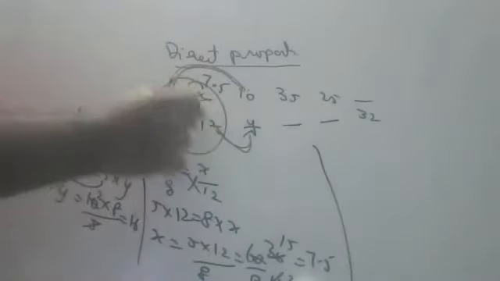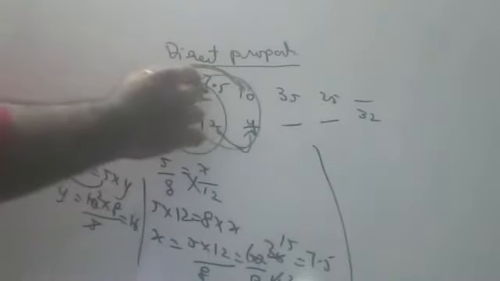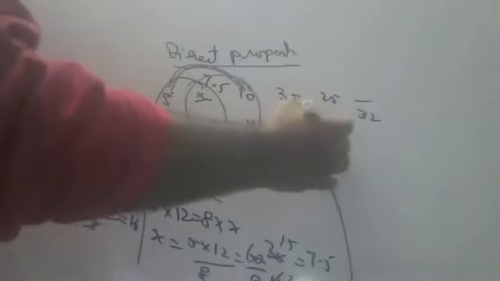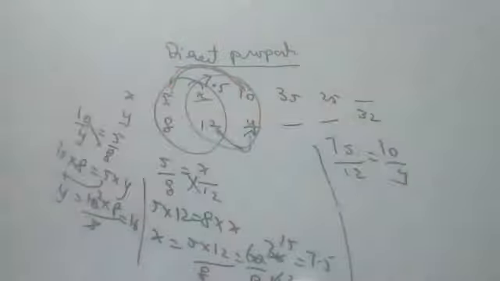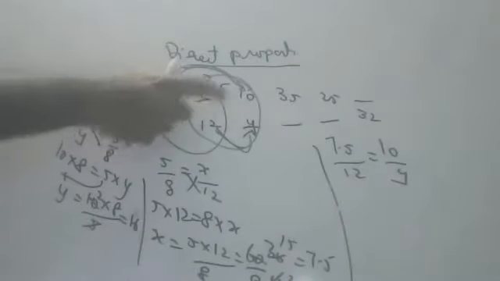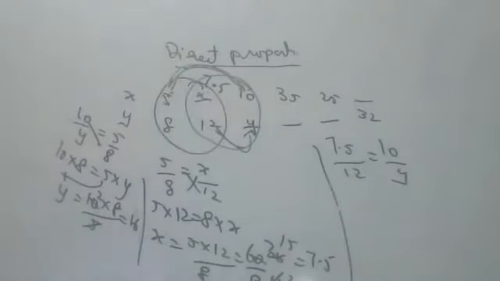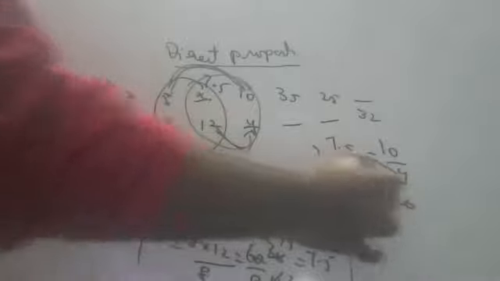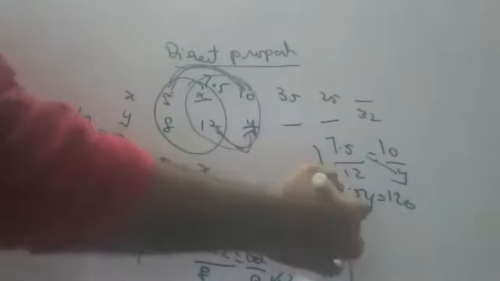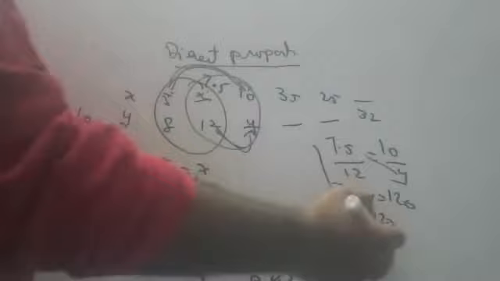Okay, I'm doing this with both. This both also we can do, children. No problem, because this value is there. So how will we do it directly? 7.5 by 12 is equal to 10 by y. Go for the cross multiplication, children. If you do cross multiplication, what happens? 7.5 y is equal to 120. So y is equal to 120 by 7.5.